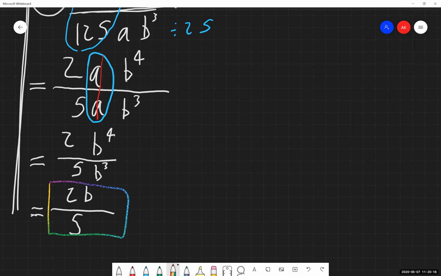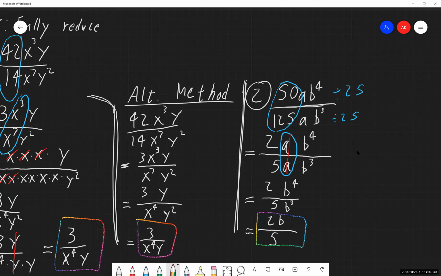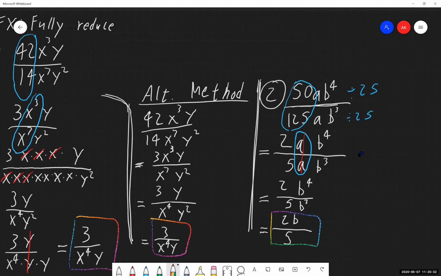Now I am going to show you guys how we can go through and work with a graphing calculator to do some of this fraction work for us. Now, I do not want you guys to become reliant on using the calculator to do a lot of these fractions, reducing fractions down for us. It's very useful as a tool to make that happen, but do not be reliant on it. I think the big thing that kills people with fractions is they get comfortable with and only know how to work with a fraction on a calculator. You don't want to be in that boat, especially for the test.